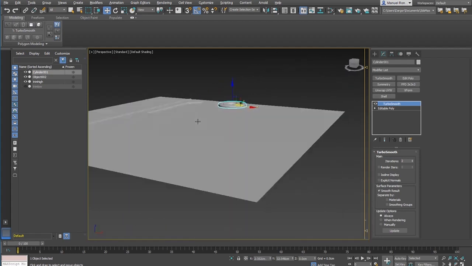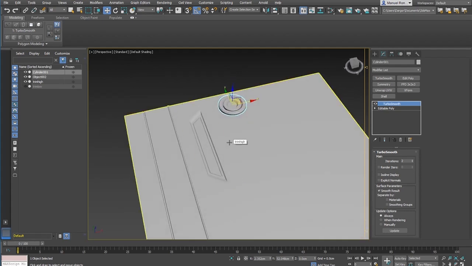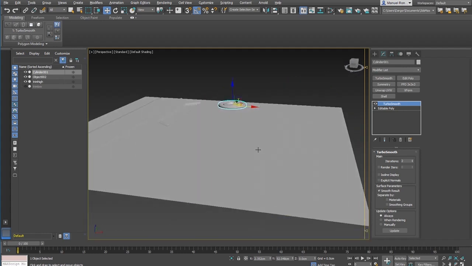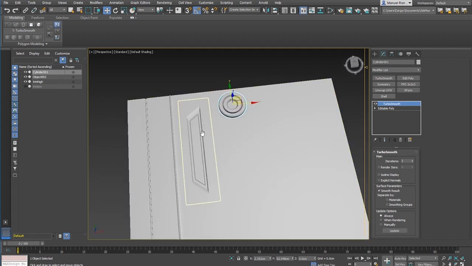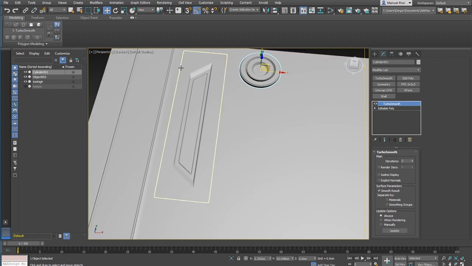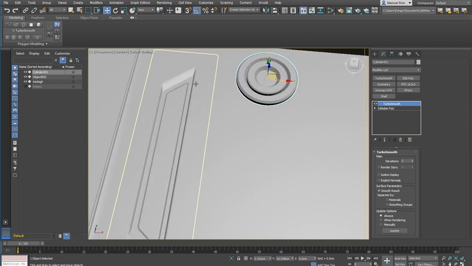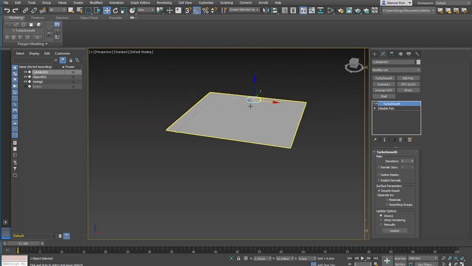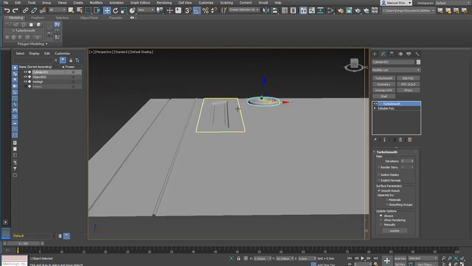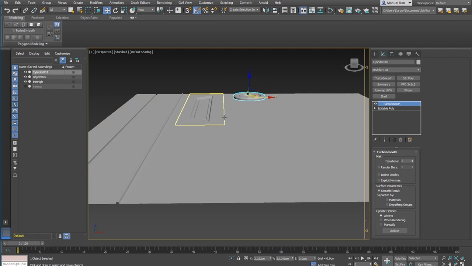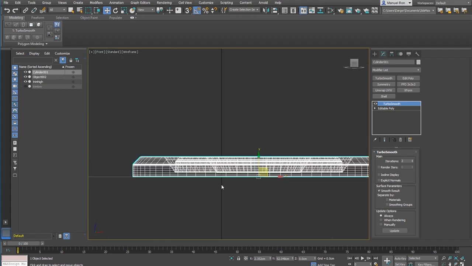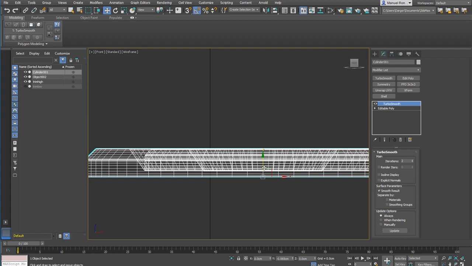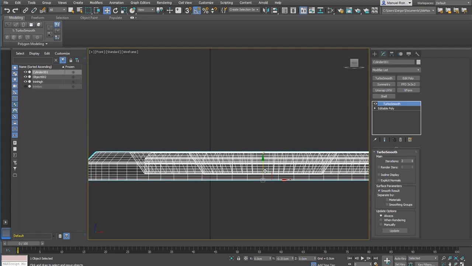When you are stacking your details on the trim sheet, make sure that you leave a little bit of padding. As you can see, I'm leaving a little bit of space in between them, just because when you're unwrapping and putting your textures in place, you also want to have a little padding. Okay, so I'm going to ensure that this is flushed with my